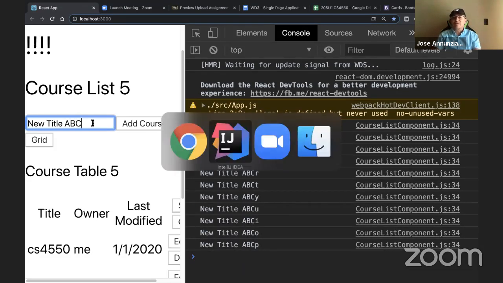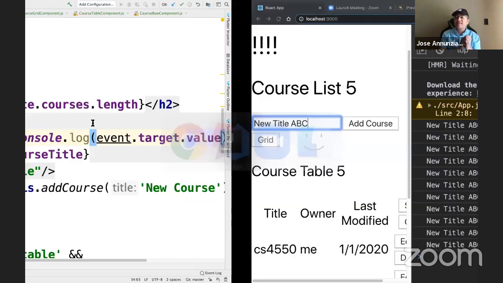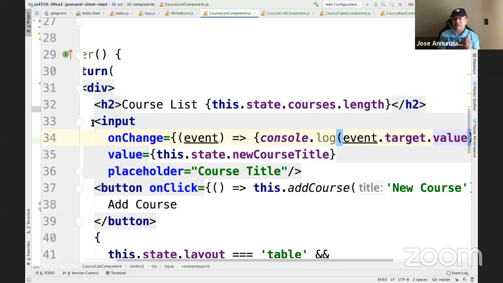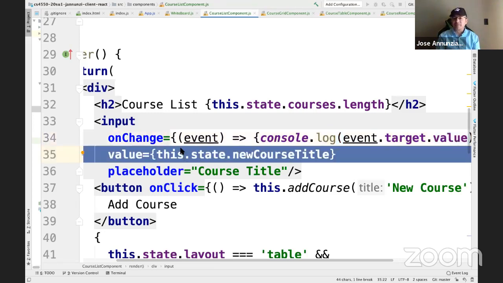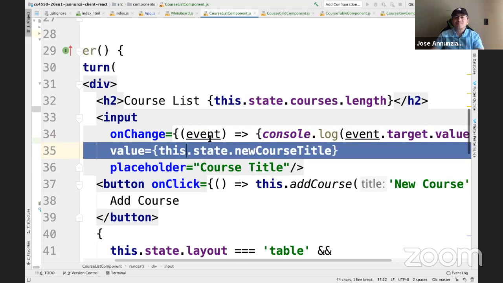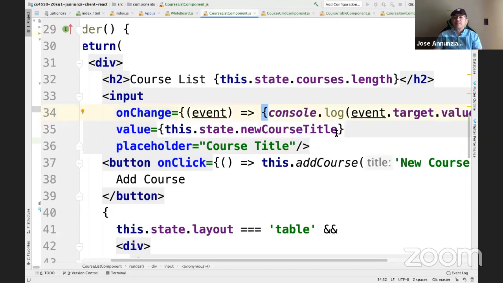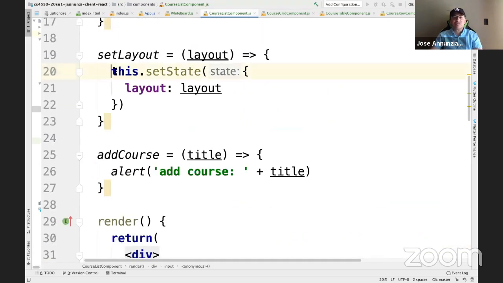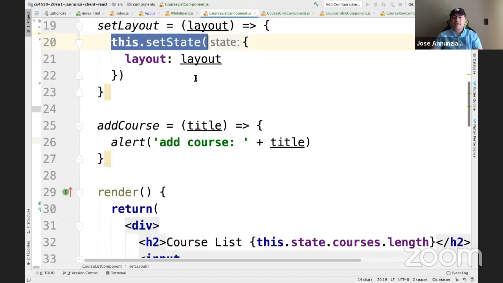What I need to do is to explicitly change that state variable so that it has the new value, so that it can then come back here and update the value of my input field. Okay, let's do that. What we're going to do here is take that event. We know how to change the state. The way we change the state is using this function called set state. So we're going to say,